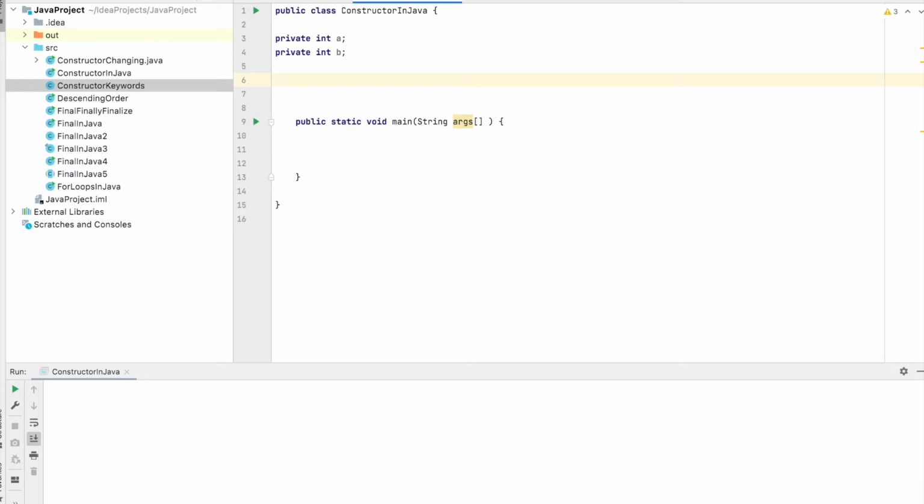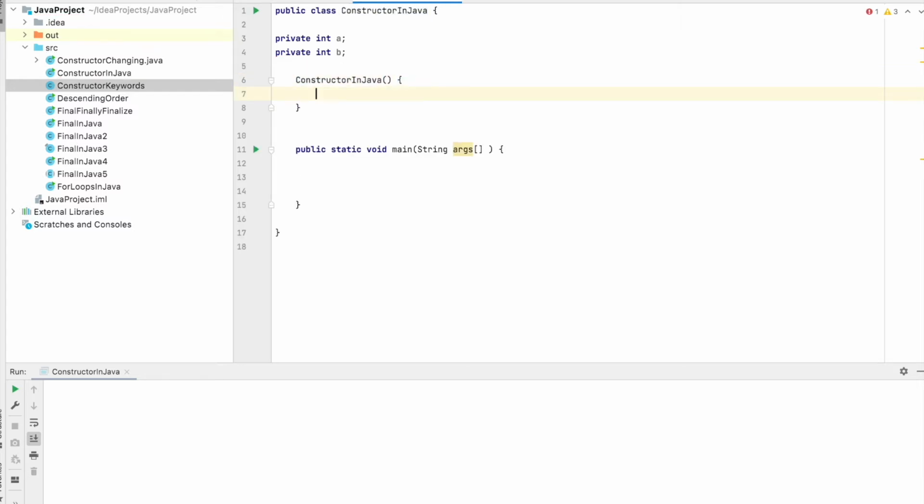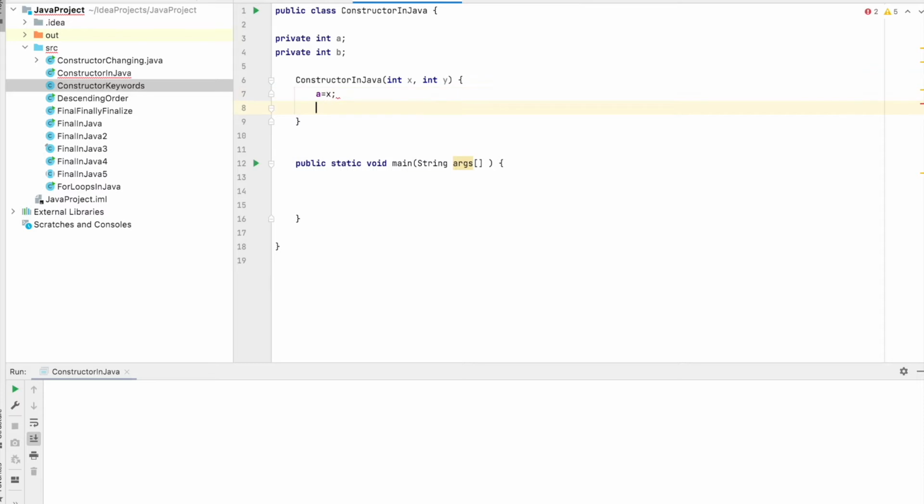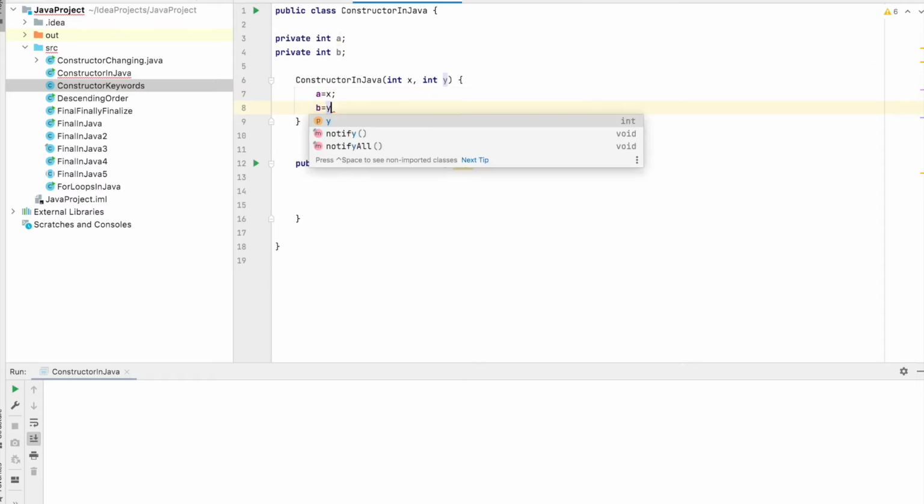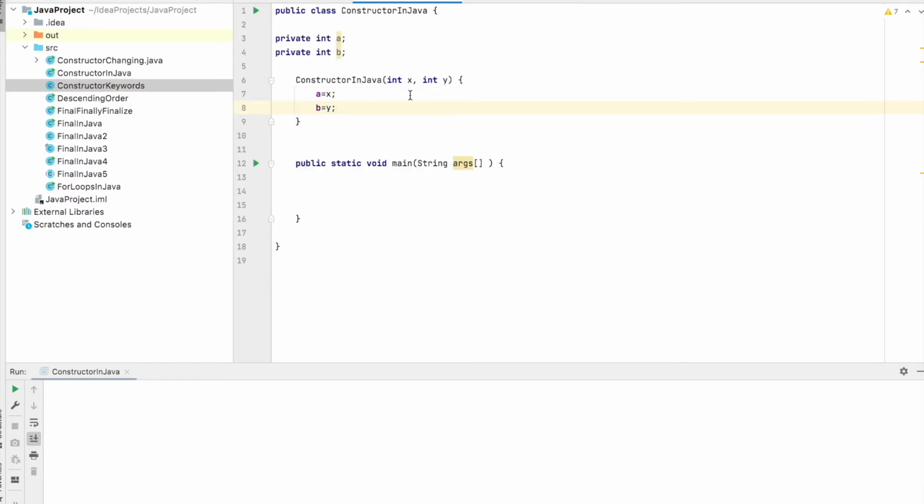Now let's create a constructor. We are creating a parameterized constructor, so we can assign the values to a and b using the constructor.